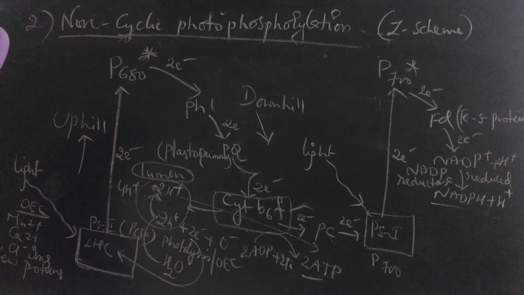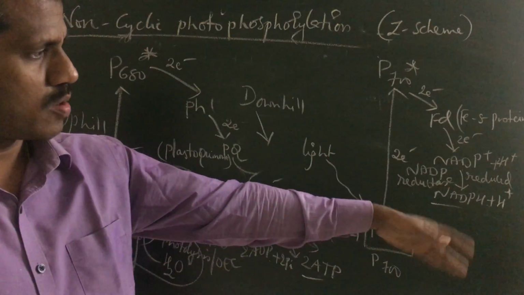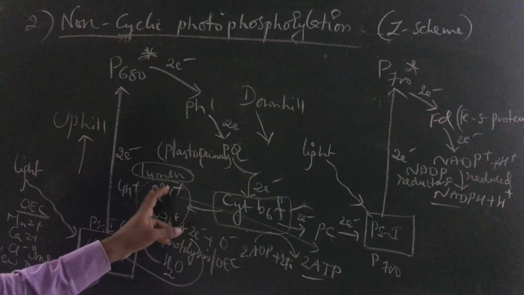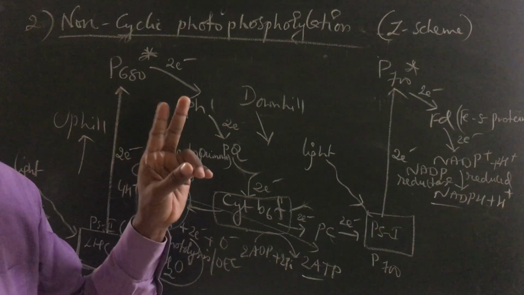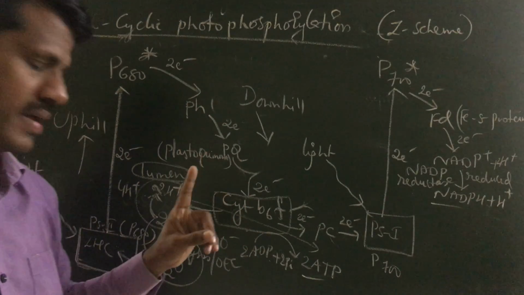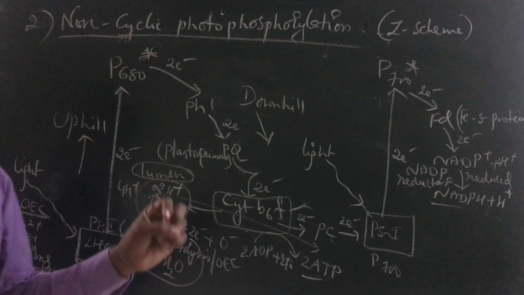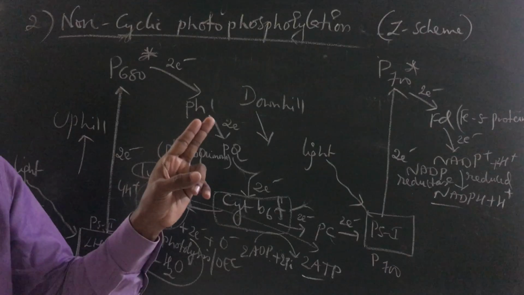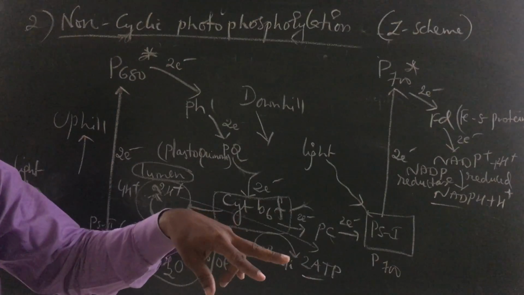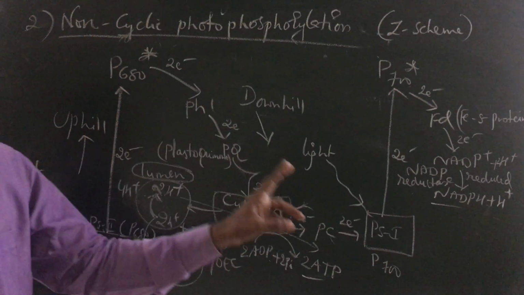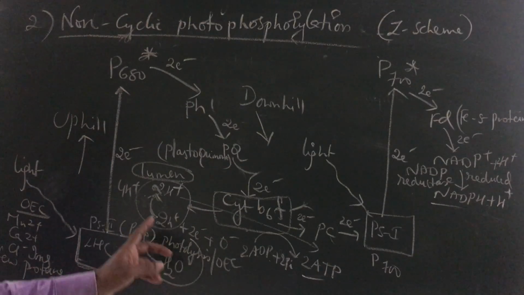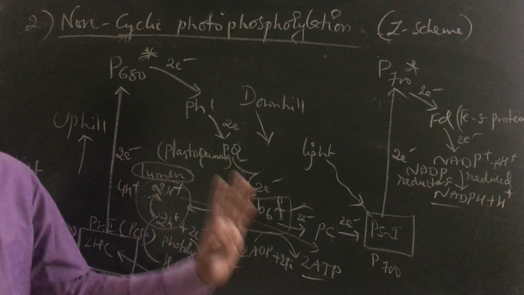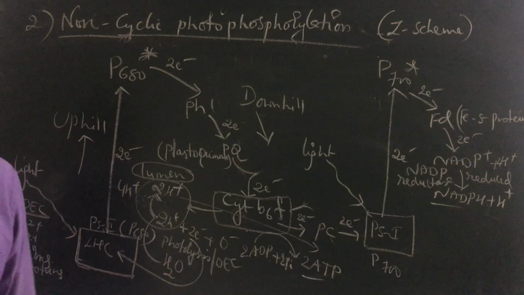The energy which is formed, that is NADPH, is formed toward the stroma side, and later the protons, when they are moving, for every 2 protons 1 ATP. That's the calculation. For every 2 photons 2 electrons, 2 electrons 2 protons, 2 protons 1 ATP. Sorry, 2 protons 1 ATP. So here 4 protons 2 ATPs.